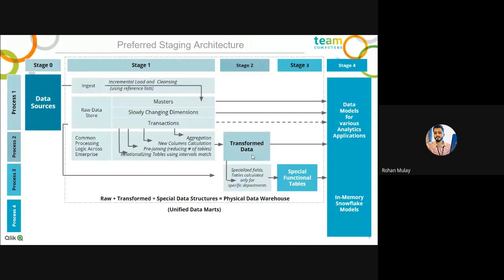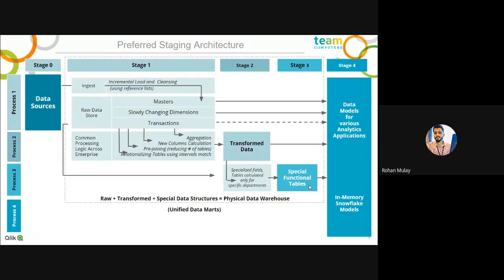So maybe there could be some data models which use operations, HR and credit components, and there is another data model that uses operations, HR plus this special function component. So all the data models which are not using the special functions might require less time to reload. However, the other data model that we have created recently will require 1 hour. So the thing is that out of all your data models, out of all your applications, this particular special component will not impact all the data models. It will just impact the reload timing of one specific requirement, one specific data model. So which is why we have created this in a stage three.